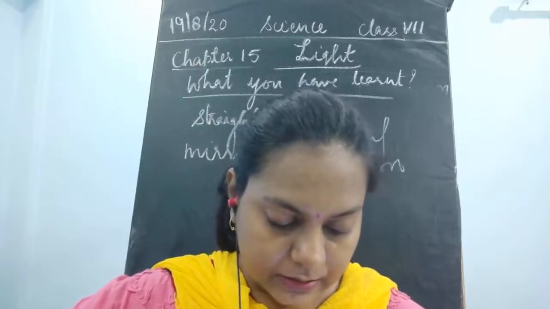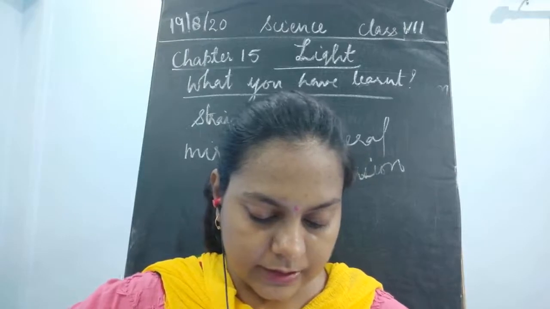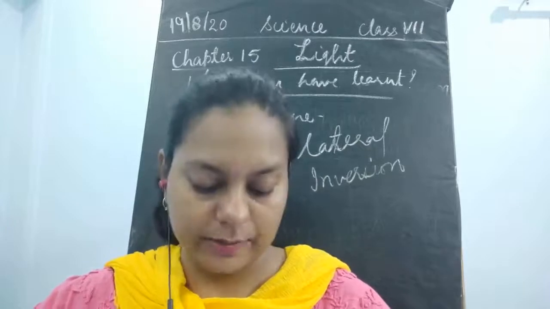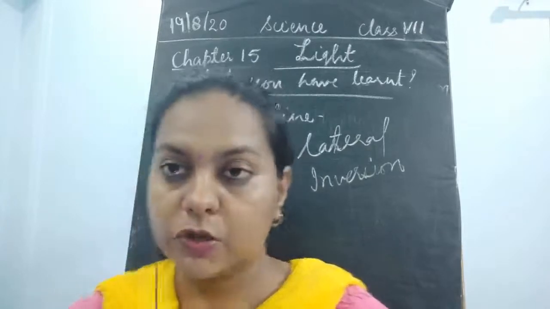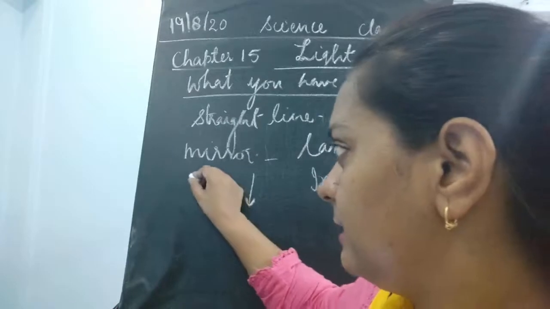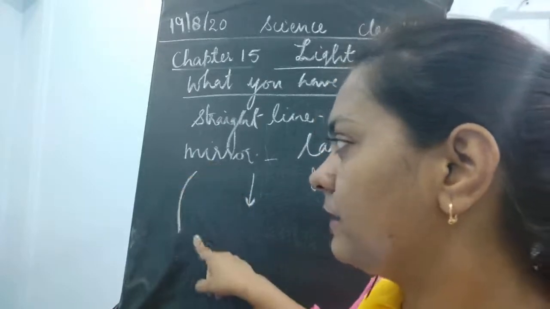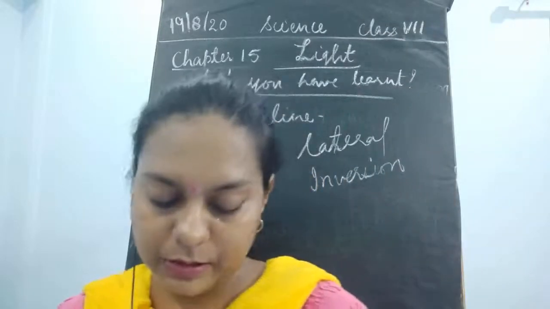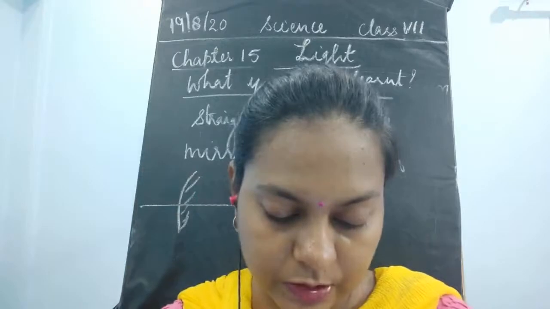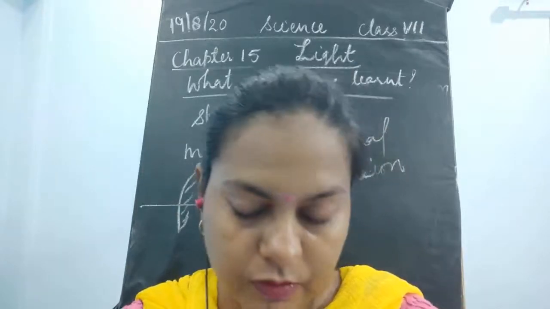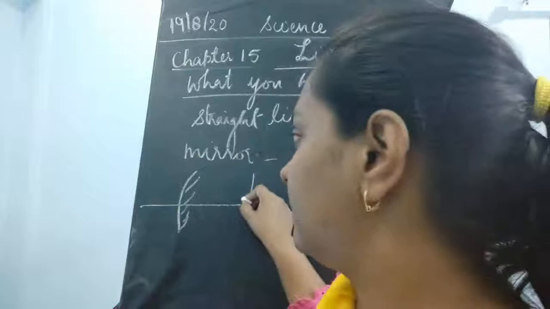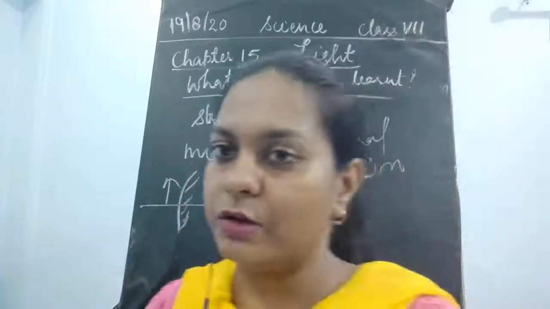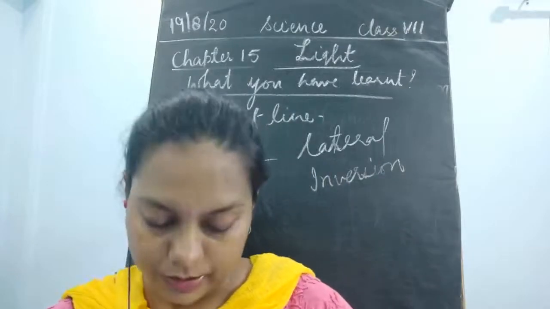Next, the image formed by the convex mirror is always erect, virtual and smaller than the size of the object. Now what is this? Which type of mirror? The convex mirror. This curved reflecting surface would be like this. When the image is formed in front of this convex mirror, it is always erect, which means straight, always virtual, and also smaller than the size of the object. Virtual means it is not obtained on the screen, it is only seen in the mirror.